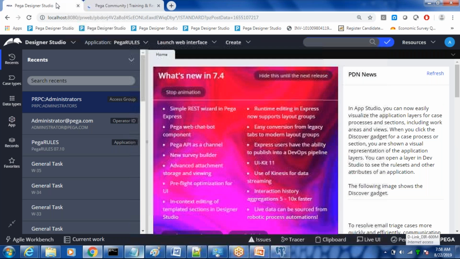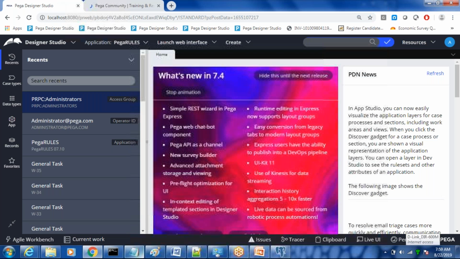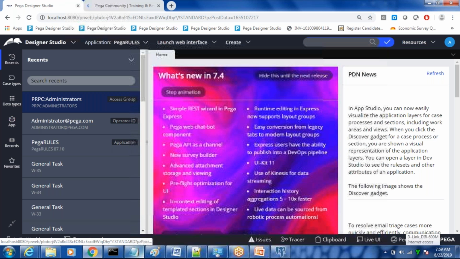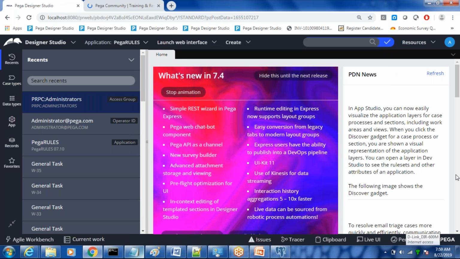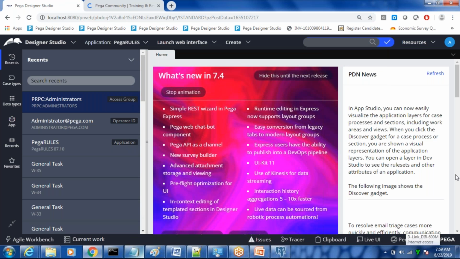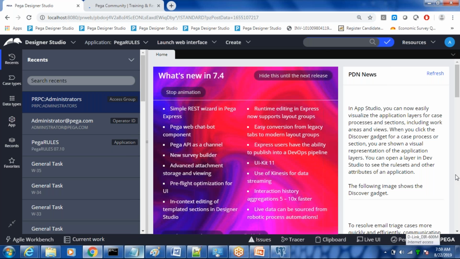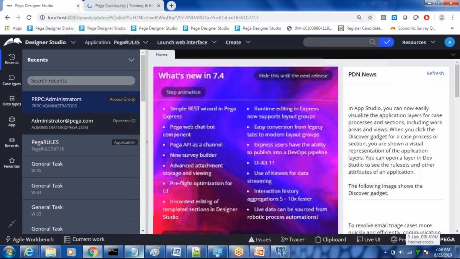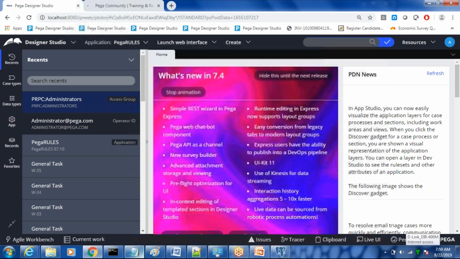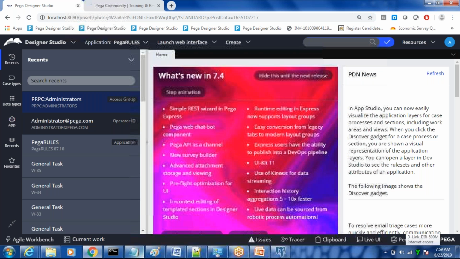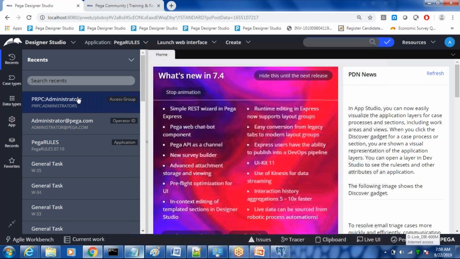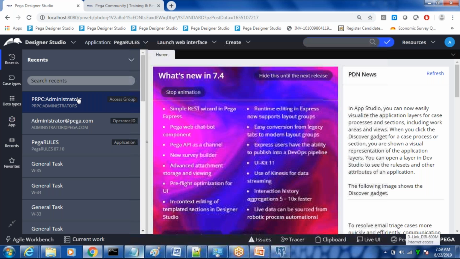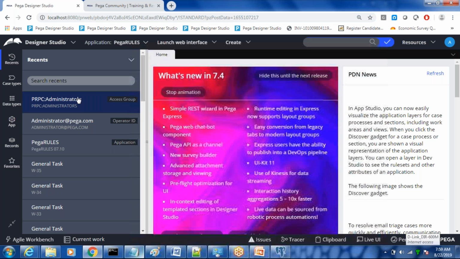Once you log in, the space that you see here is called the Designer Studio. Designer Studio is the name given for this space, which is also called the developer portal. Developers who are going to do the development have to use certain options which are provided on the top, bottom, on the right side, on the left side. These are the options that we use in order to do the development. So this Designer Studio is the one that we use for doing the development activities.